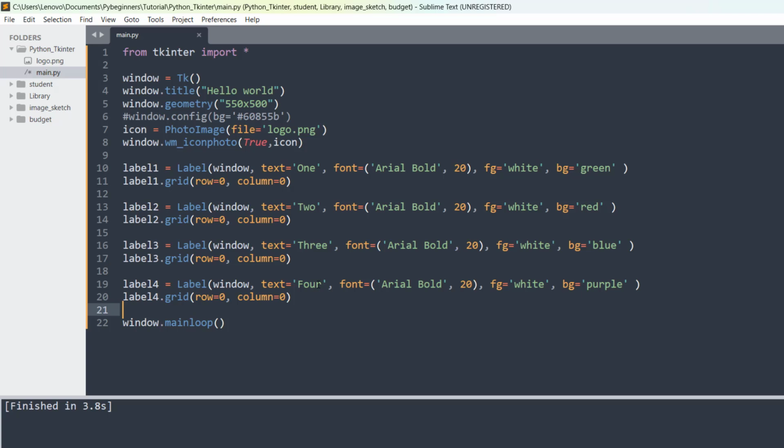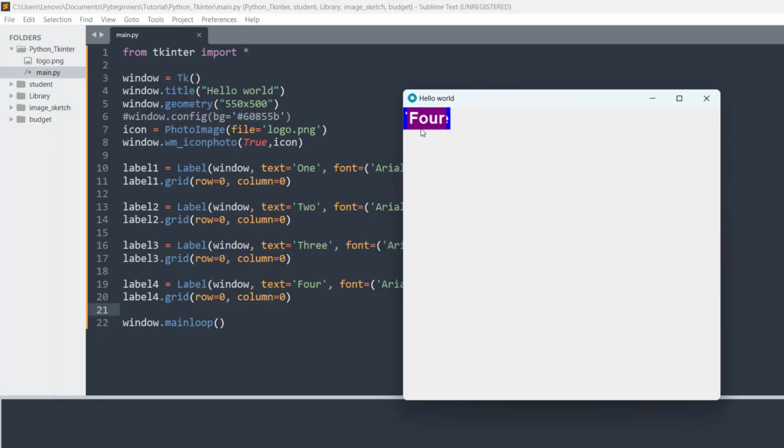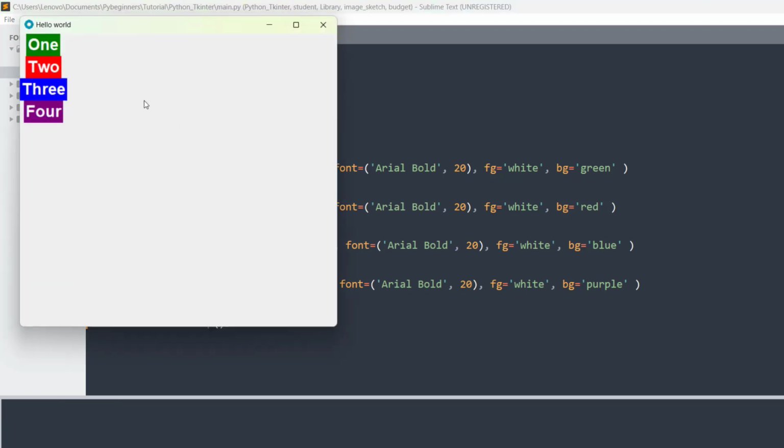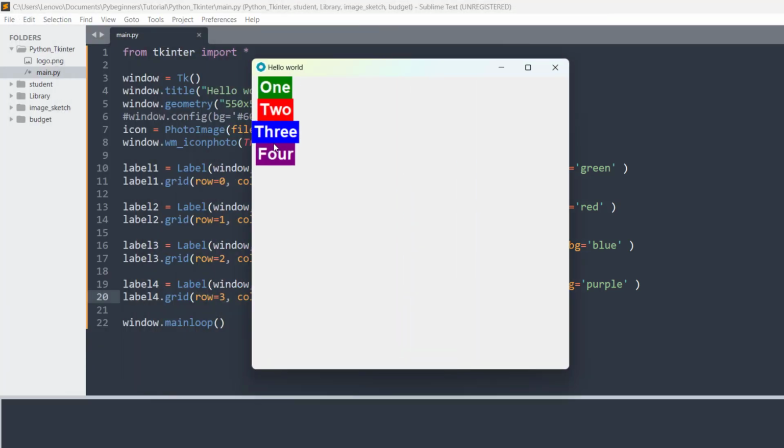Perfect. So for example, this one is in all of them that are in the row 1. Okay, as we can see here. So this is the row 0. It always starts on 0, 0, 1, 2, 3, 4, like that. So this one is row 0 and column 0. So this one will be on row 1 and the column 0, no problem. This one will be on row 2, row 3, okay, perfect, save. And if I run this, now we can see 1, 2, 3, 4.